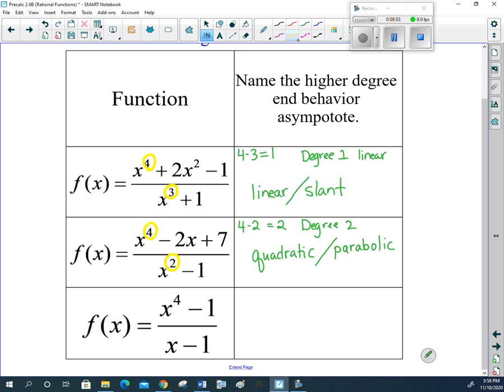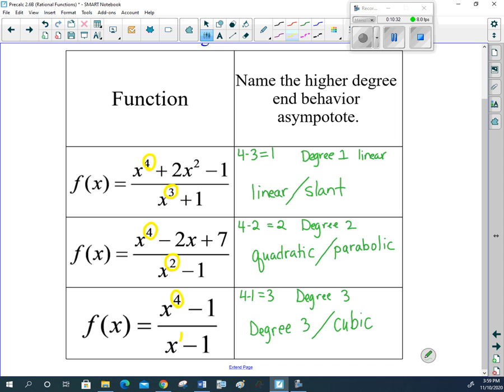Okay, and then here we go. This would be a 4 and a 1 right there. So if I try to figure out the difference, 4 minus 1 is 3. So that's a degree 3. So they may call that asymptote a degree 3, or you will see the word cubic. It's a cubic asymptote. So we've got a couple of interchangeable words there that they will use to describe those